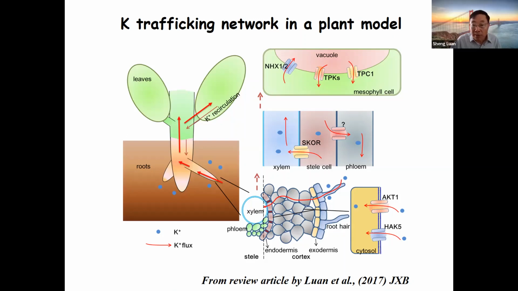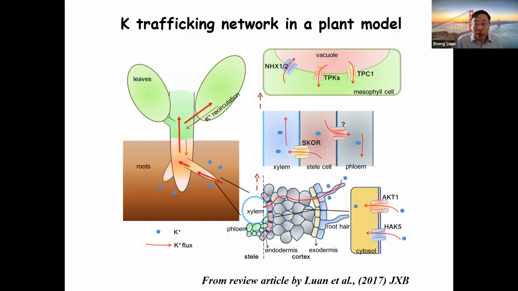Both of these two transporters are activated by the CBL-CIPK pathway I just mentioned. Without telling you all the detailed research, the potassium gets into the root hair and then transfers to different cells, and all the way to the xylem through an outward potassium channel called SKOR, discovered by Sentenac's lab in Montpellier, France. And this potassium then, of course, goes up to the shoot through the transpiration stream.